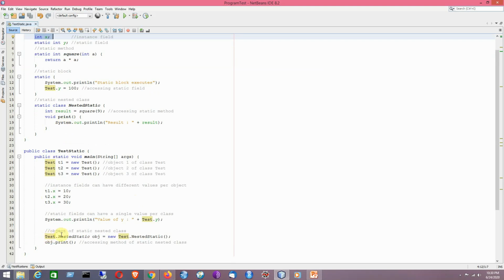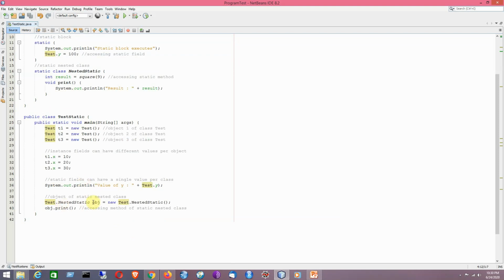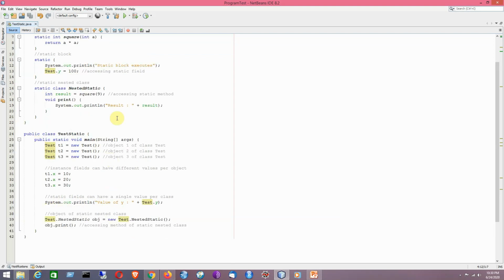Now I have tried to create an object of the static nested class. That is the way to create an object of the static nested class. Remember that it cannot exist alone. Without the existence of the outer level class, it is nothing. After creating the object, I have tried to access its method named print. In that way it can be accessed and it will be printing everything inside the method named void print. So that is the logic of the program that I have explained.